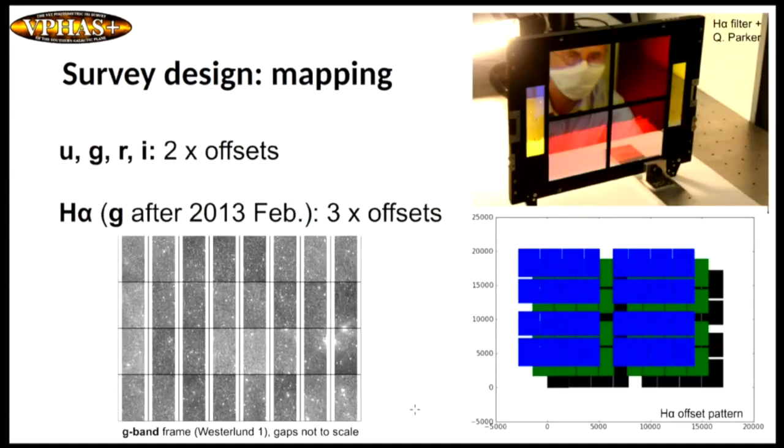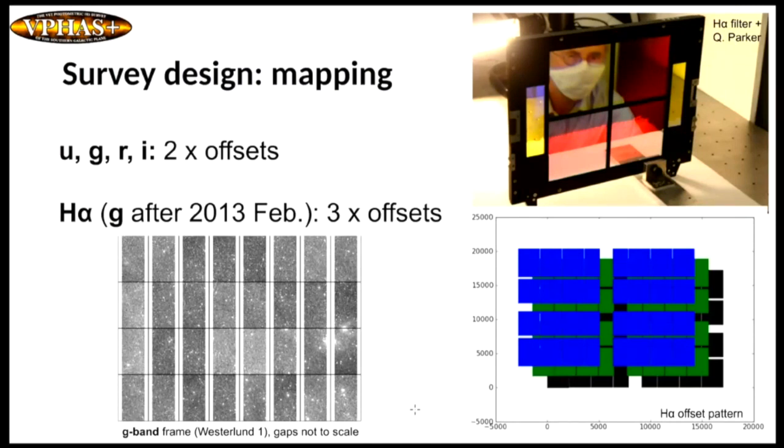The survey was also designed in a way that the attempt was to leave as few gaps as possible between the CCDs. So each pointing was made of 2 shifted images trying to cover the gaps between each CCD. And you can notice these are not really to scale. The real scale is more visible in this image here. But for the H-alpha filter,